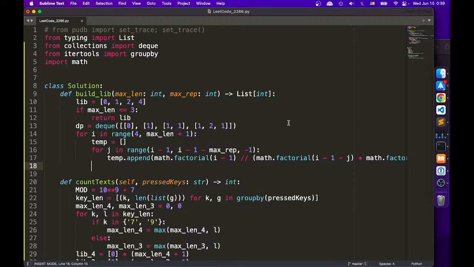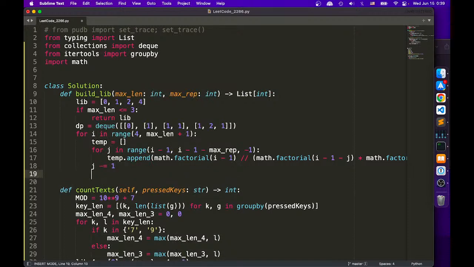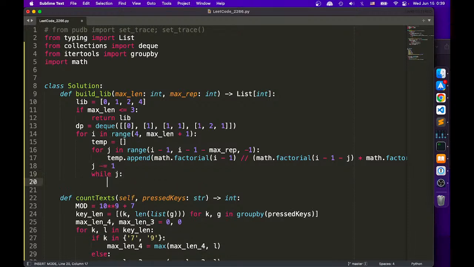So what is something left after this? So j can take i minus 1, j taking up to 3, right? In this case, j up to 3. So after doing this, let's keep j minus equal 1. So we're going to start from this position, right? We're going to start from this position. And to see, we say while j, okay? While j,